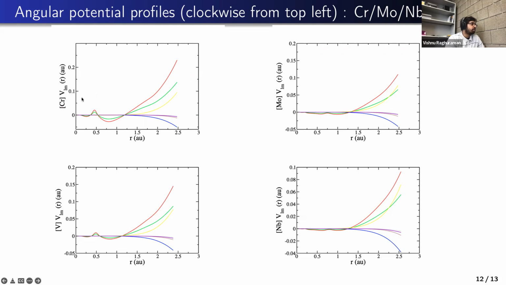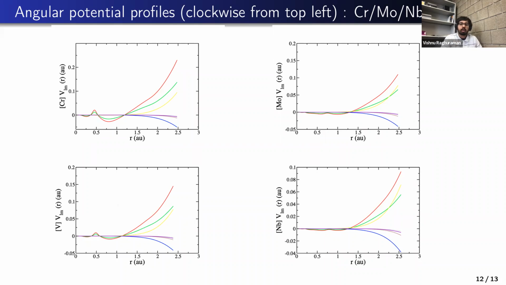If you look at the one for a chromium atom, this is what the potential for the chromium atom looks like, regardless of which binary it is in, whether it's chromium molybdenum or chromium vanadium. So this seems to be an atom-centered property, and the profile looks similar for chromium and vanadium, and it looks similar for molybdenum and niobium. And I think this may give some intuition as to why, say, chromium vanadium agrees well and chromium molybdenum doesn't. I'm still not really sure